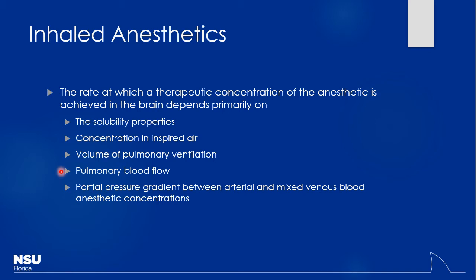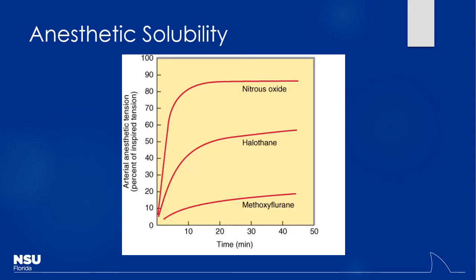Pulmonary blood flow. And then again, looking at the partial pressure gradient between the arterial and the mixed venous blood side can also play a role here as well. Again, by increasing that concentration, you're going to get more effect happening. And again, just to give you an idea of the different anesthetic solubilities here, we're going to find that